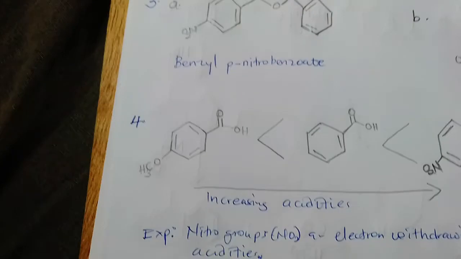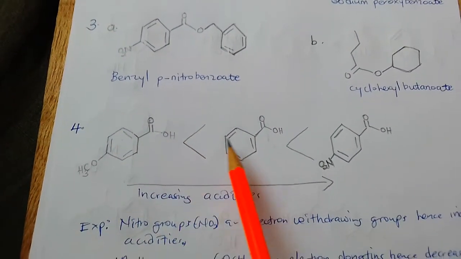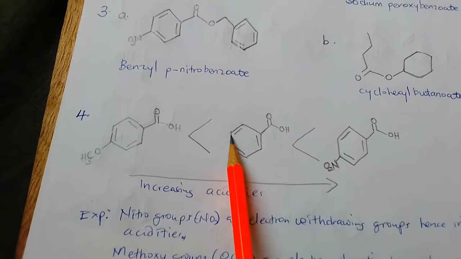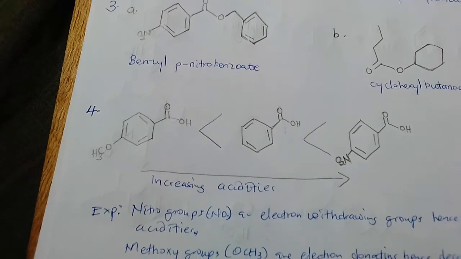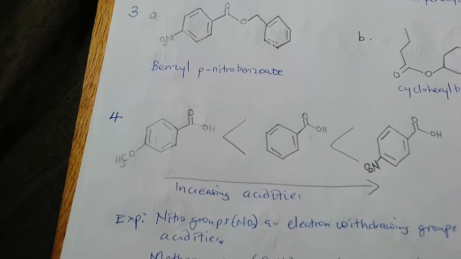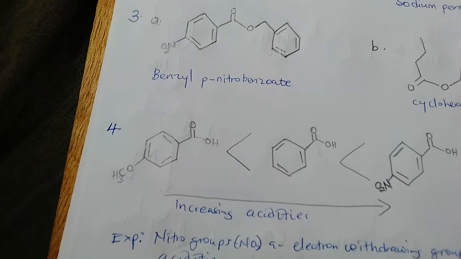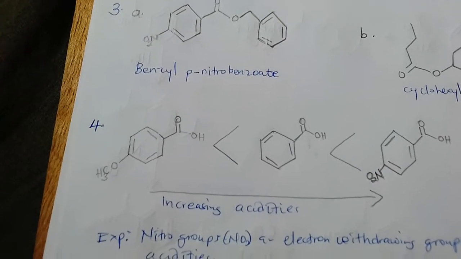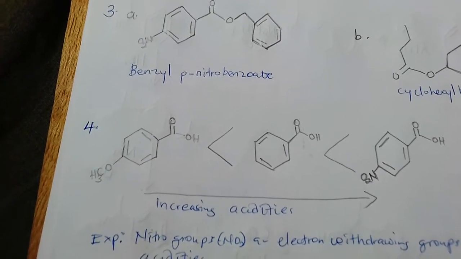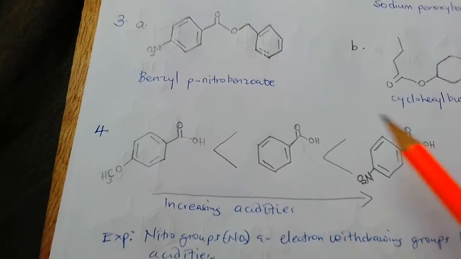Next, you were asked to rank these given compounds in order of increasing acidity. The acidity of carboxylic acids basically depends on the kind of substituent on them. If the substituents are electron withdrawing groups, they tend to increase acidity. If they are electron donating, they decrease acidity. So with this one,